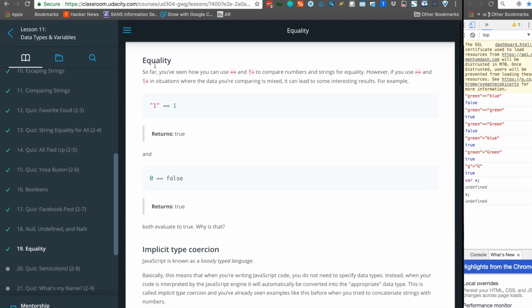Equality. Okay, we've covered this already. So far you've seen how you can use equal equal and not equal to compare numbers and strings. However, if you use equal equal and not equal in situations where the data you're comparing is mixed, it can lead to some interesting results. For example,